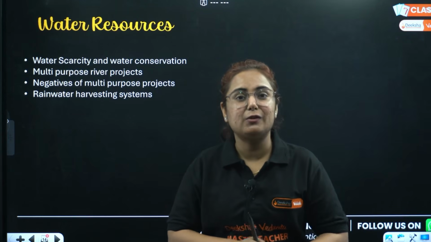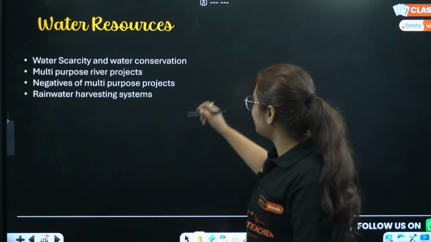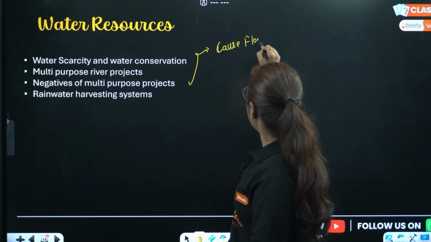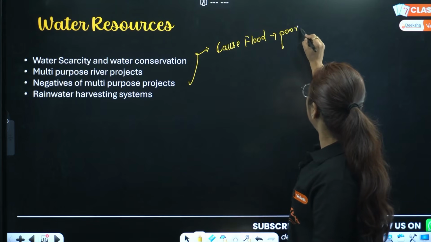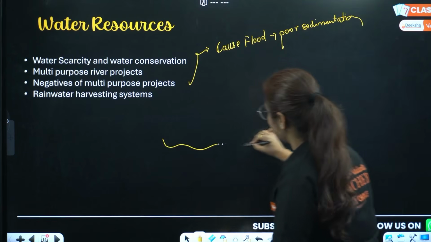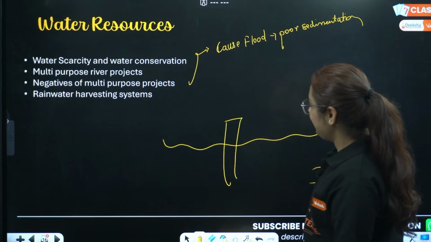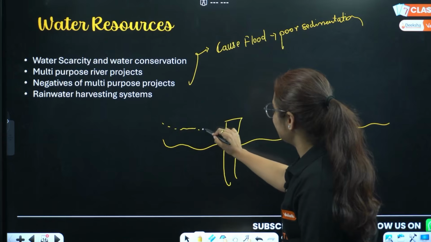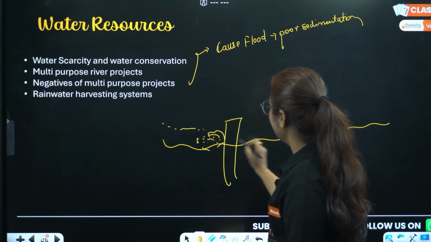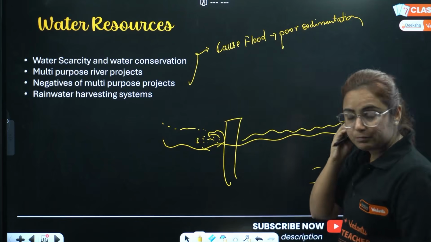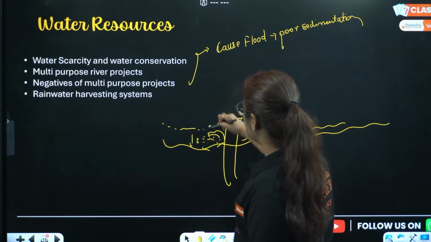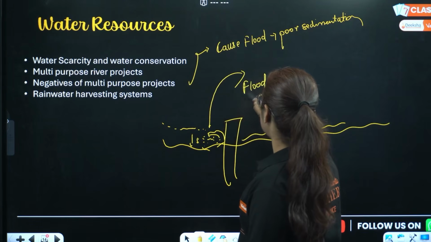Now comes the main question, why do these dams come under scrutiny? Are there any negatives of the dam? Yes. The first one is just opposite of its perspective, that it causes floods. Yes, why? Because of poor sedimentation. How? I'll tell you. There is a natural flow of the river. You are affecting it by making the dam. Now what happens? Sediments start depositing here, which used to be naturally flown by the river. Now what happens? It reduces the depth of the river. When water is filled, it comes out as flood, causing flood because of poor sedimentation.